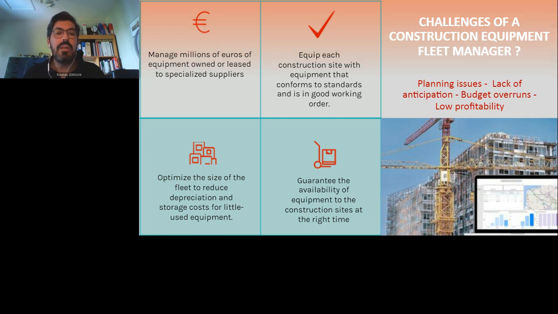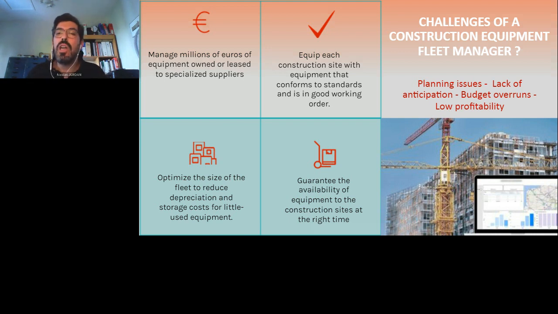it can have a cost by delaying the construction work that is going on right now. Optimize the fleet and reduce the depreciation, reduce the storage, means making sure that the tools are really used, reducing the cost of storage of the electrical equipment, and making sure that tools that might be overused are put out to be replaced before they break. It's also part of the value that has a very economic impact. And of course, by having the capability to track, the objective is to guarantee the availability of the equipment on each site.